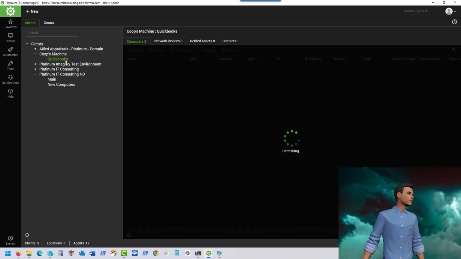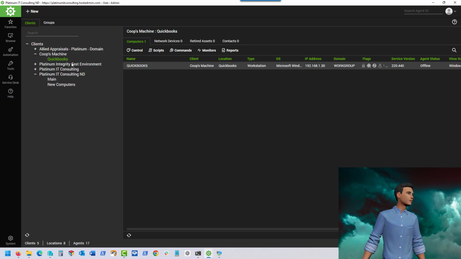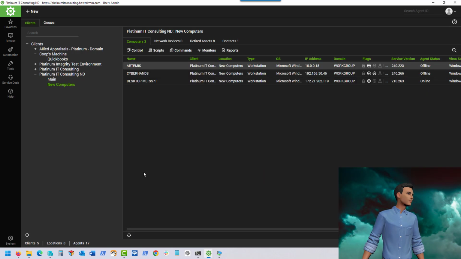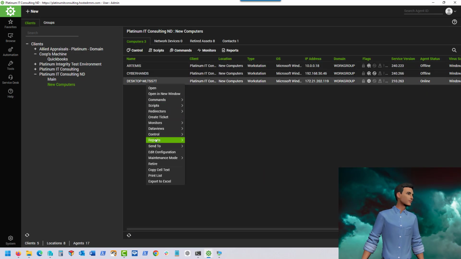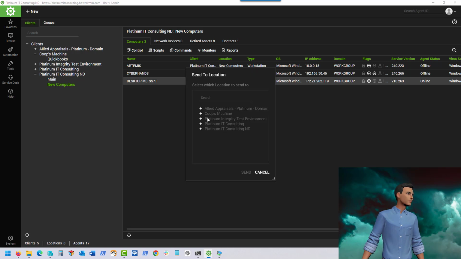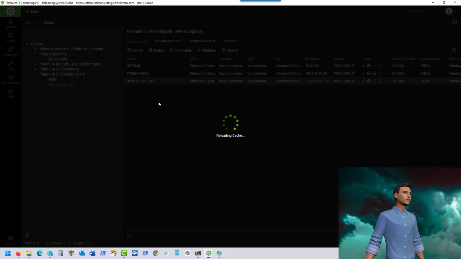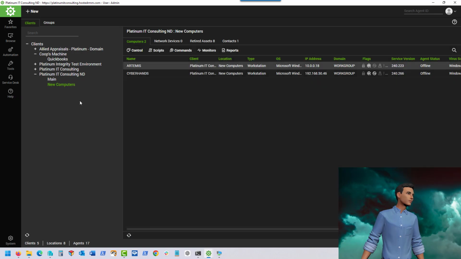I'll show that by going into QuickBooks here. Let's see, is it going to show up? Send to location, Coops machine, and QuickBooks. I've noticed these last couple of years that it takes a couple of attempts to send a computer from one machine to another. Maybe it's because it did the rename and it knows that it's a different name. There it went. Okay, so if I double click on this one now,